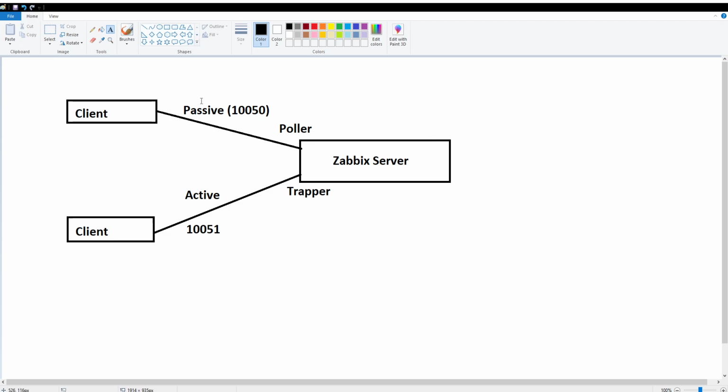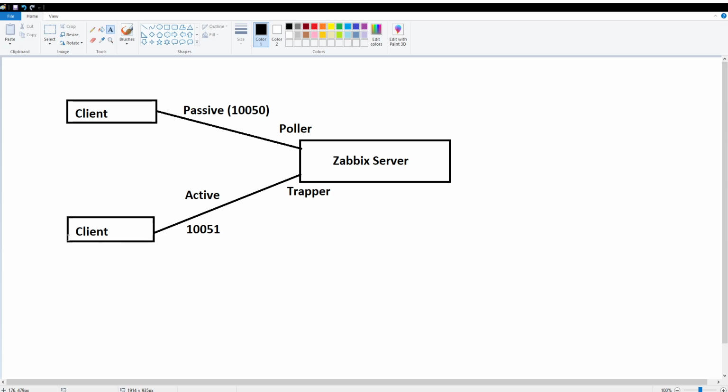In this way, it uses port 10050 and it acts as a poller. Another one is it acts as a trapper, where it will use port 10051 and it works in an